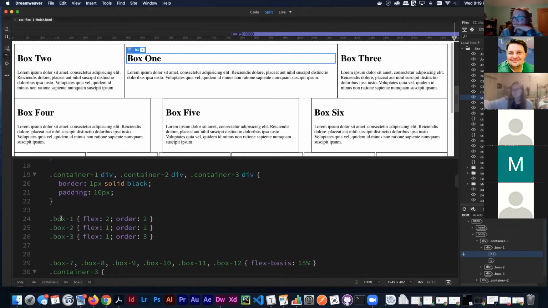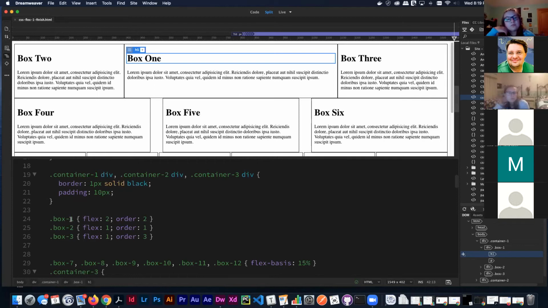I just called every box by its own class, like box 1, box 2, box 3. And just by putting display flex on the container, they get an alignment. And if I give a size in there, that means flex 2 and 3, as you see here, have a flex of 1. That means,